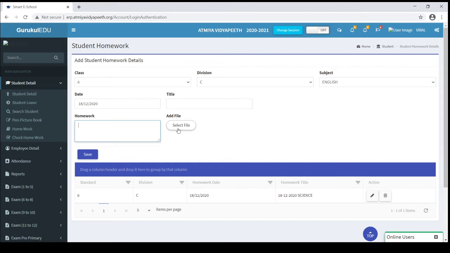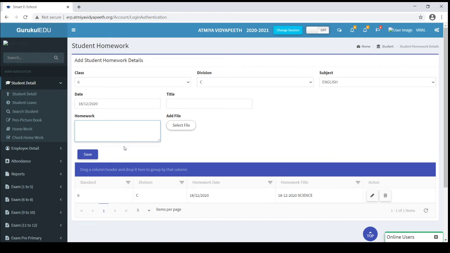You can also attach files if you want. Once you click on the save button, this homework will be visible in the student application or parents application. Students can download or see the homework in that mobile application.